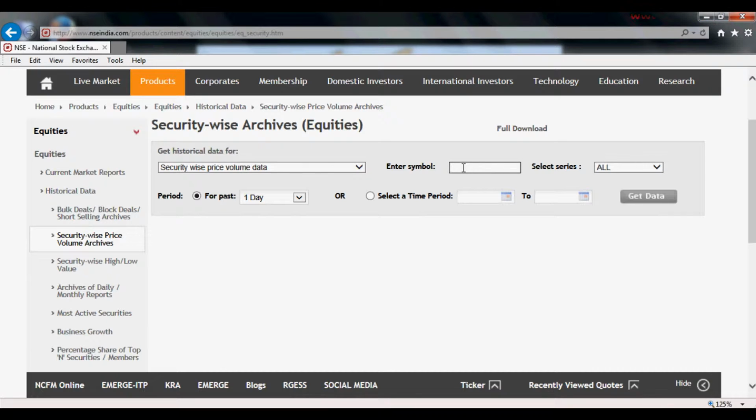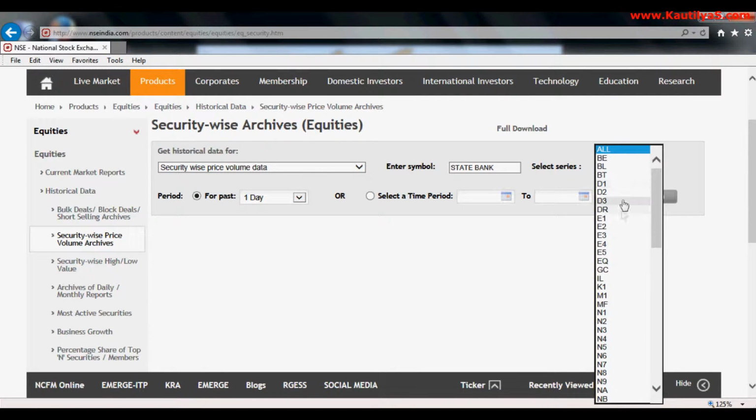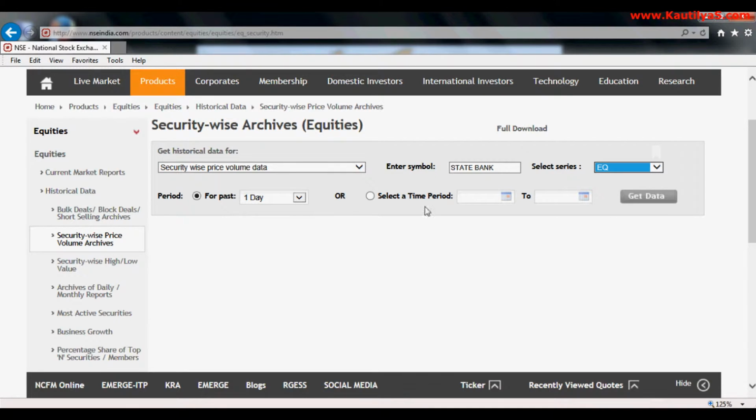If you are not aware of the symbol, not an issue, simply type. For example, I want State Bank of India's data, so I write State Bank. In the select series there are different series, but what we need is equity, so we click on EQ for equities. Then you may select data for one time period or a select time period.